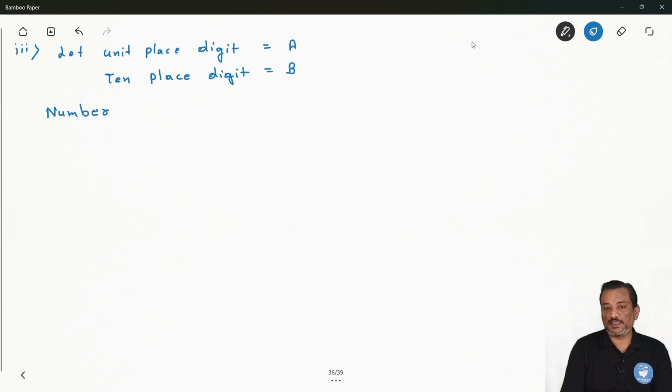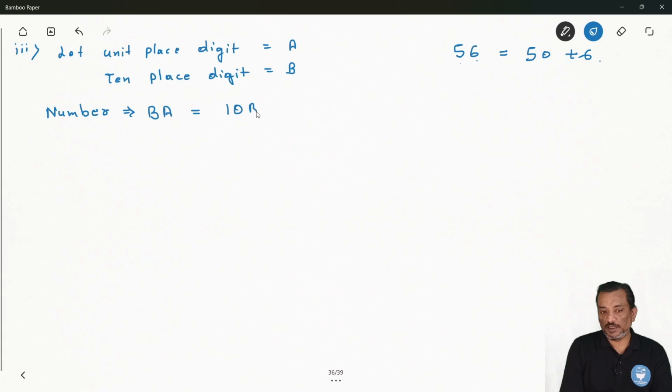तो अब देखो, कोई भी नंबर जैसे आप लेते हो 56 आपका नंबर है, तो इसको आप एक्सपैंड करते हो तो क्या लिखते हो, 50 + 6, क्योंकि 5 इज एट टेंस प्लेस, तो आप 10 से मल्टीप्लाई, 6 इज एट वंस प्लेस, तो 6। तो सेम वे आपका जो नंबर है वो क्या है, ba है। ठीक है, तो अब इसको आप एक्सपैंड फॉर्म में लिख सकते हो, सो 10b plus a। ठीक है, अब बोल रहा है नंबर विल गेट रिवर्स,